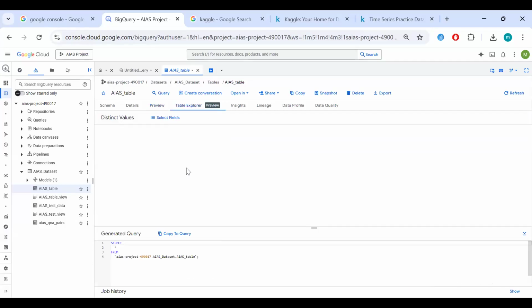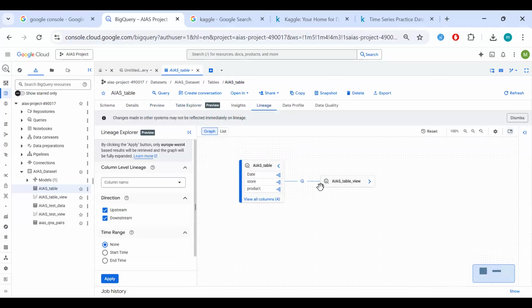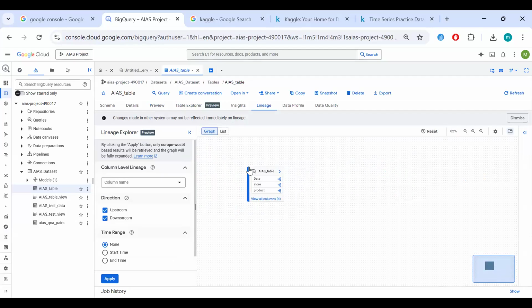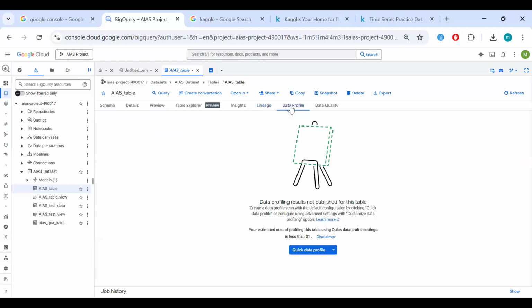You can also explore the table some more using SQL code, but we'll look at that later. You can see the lineage, which shows where the table came from. It came from our database, but because we have not developed many tables or workflows around it, you can't see much. Lineage basically shows you who the parent of the table is. If you make a subsidiary under this table, like a view, it shows you where that view came from and where the table came from. So the table comes from our data set.